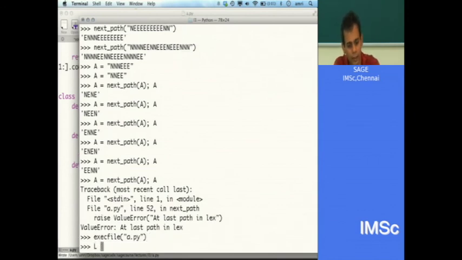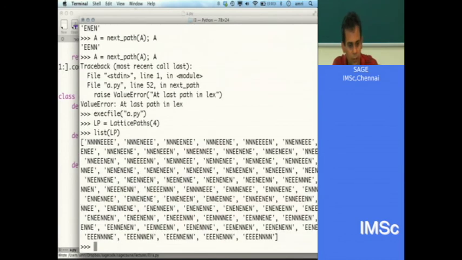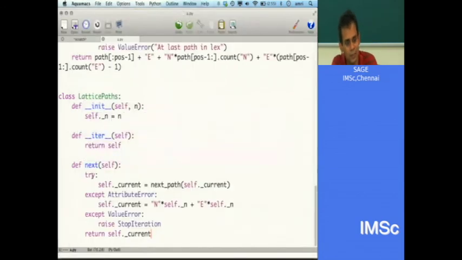So LP equals LatticePaths(4), list. Ooh, 4 comma 4, so it's 8. Is this thing there in OEIS? 8 choose 4. Oh, it's just 8 choose 4.